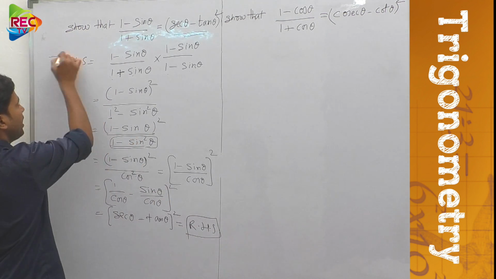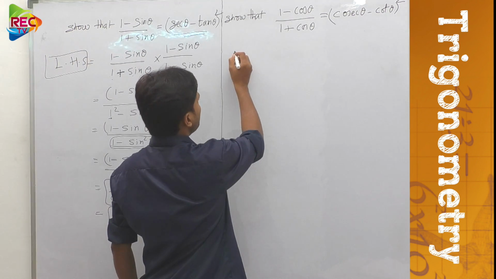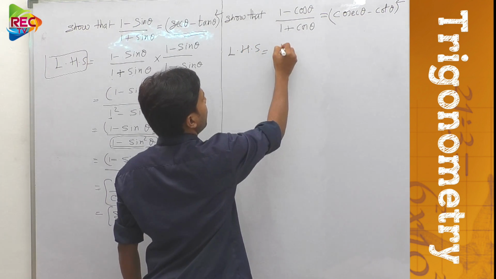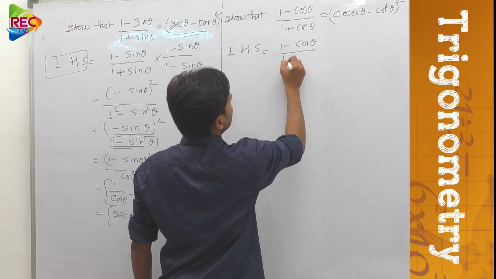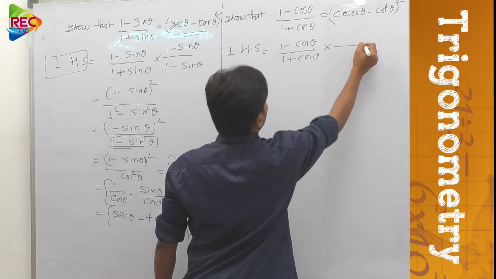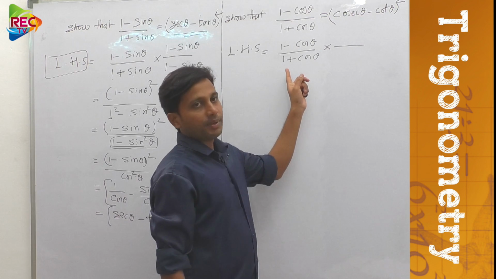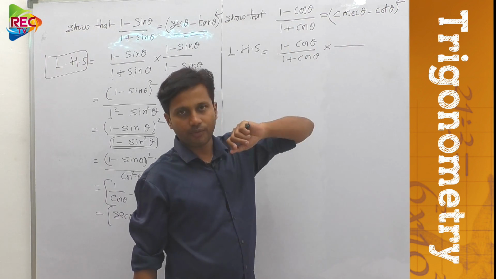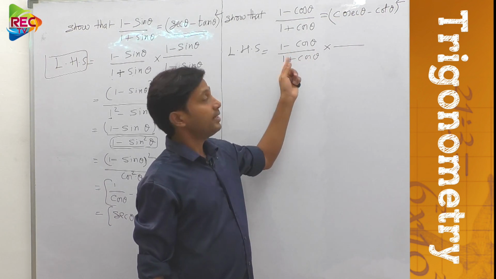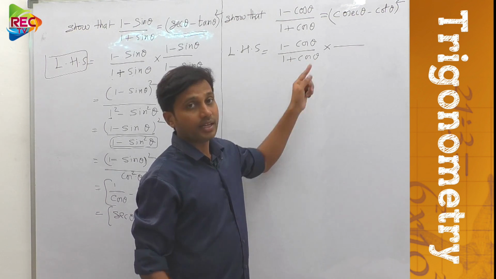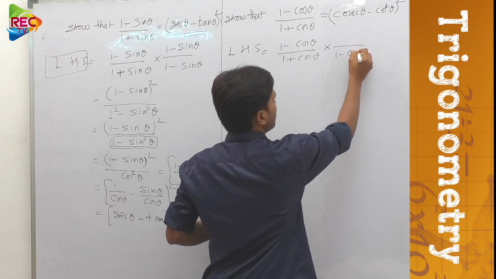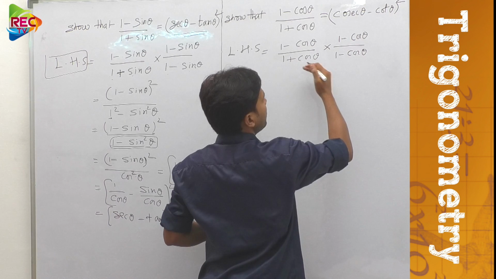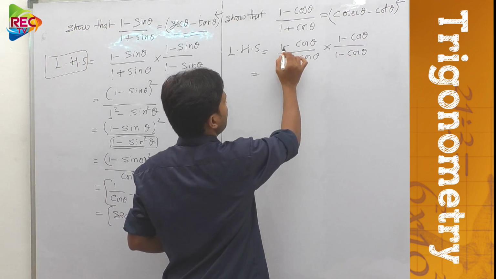So we took the LHS part and we obtained the RHS. The same process we can do here also. Take the LHS part, (1 minus cos theta) by (1 plus cos theta). So what is the denominator part? 1 plus cos theta, no? So just change the sign of cos and multiply and divide with that factor. What is that? 1 plus cos theta is given in the denominator, so we need to take 1 minus cos theta. That means we need to divide and multiply the entire fraction with 1 minus cos theta.